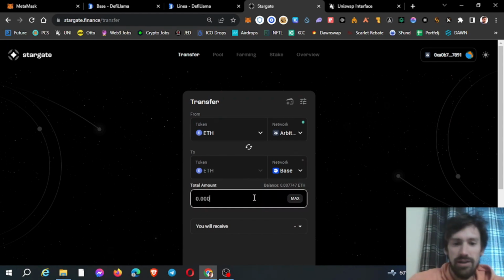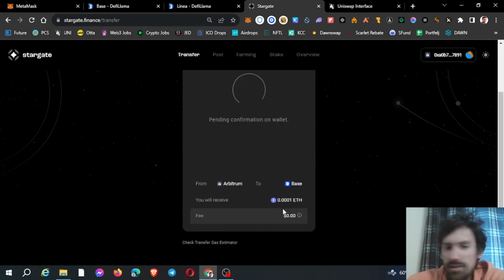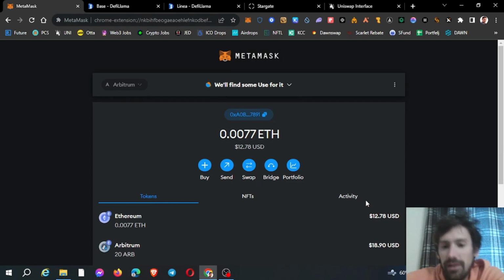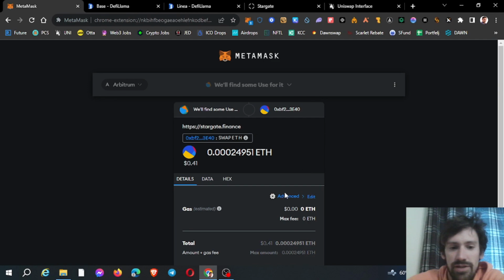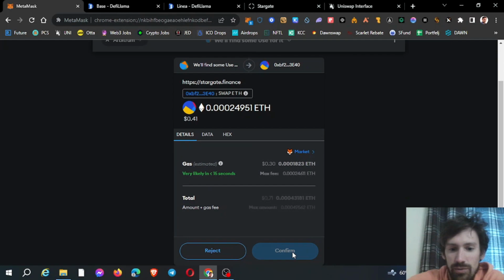We'll just send a couple dollars maybe just for testing. And basically it takes 2 or 3 minutes maximum, and it costs less than $1.50. So this is one of the best ways to get your funds over there after you've bridged via official bridge. Of course, whenever you send stuff to new chains, definitely one transaction via official bridge is highly recommended. Now let's try to speed this up a bit. We approve the transaction, sending ETH, and later we'll go into a little more detail how we can make this